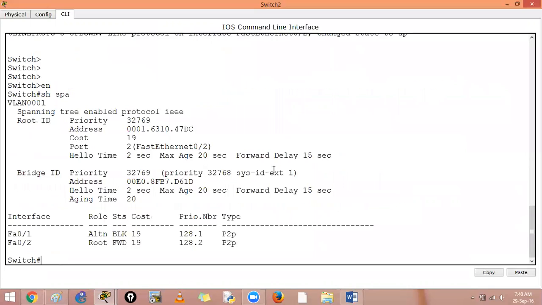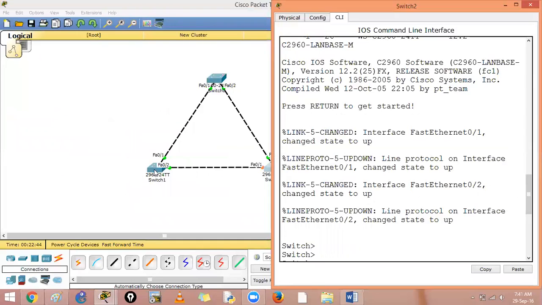Enable, show spanning tree. It says the root bridge's priority is this. His MAC address is this. This is my priority, and this is. So why am I the last? Because 00E is what? It is 14 if you see E, and the other guy is 9, and this guy is 1. If you compare the MAC address of this and this